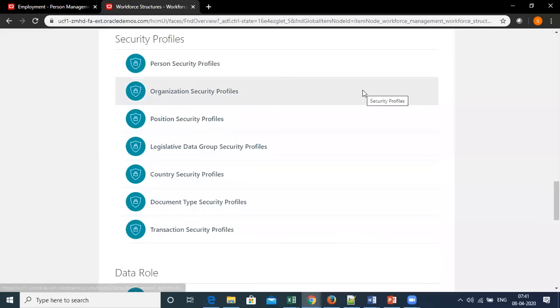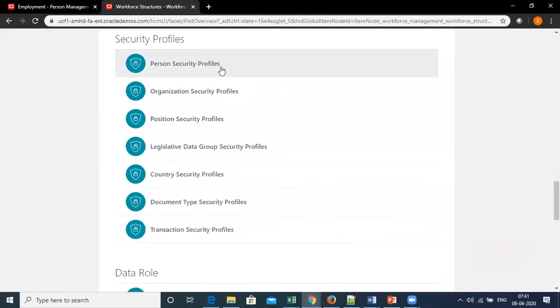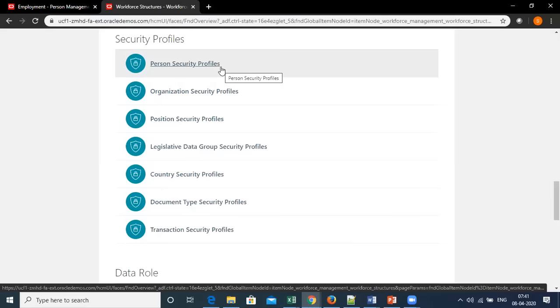Now what are security policies, or we can say security profiles? Basically you can create different kinds of profiles. You can create a person security profile, you can create multiple security profiles, each profile signifying what access or which persons' access is available in it.